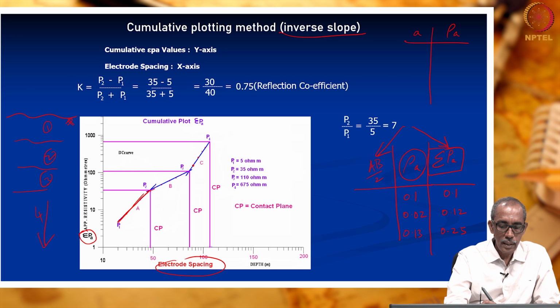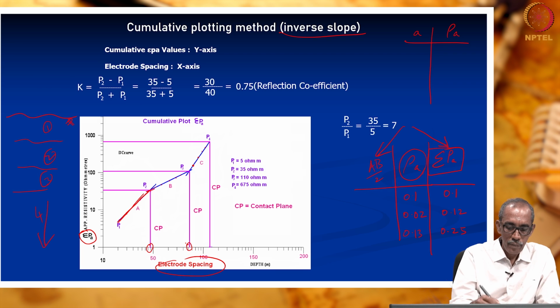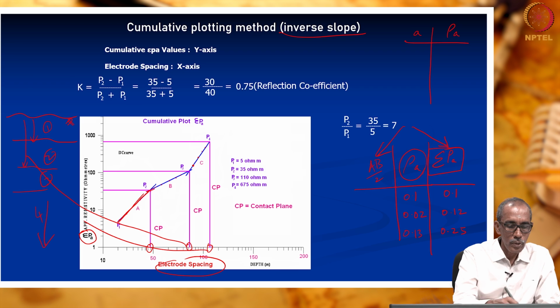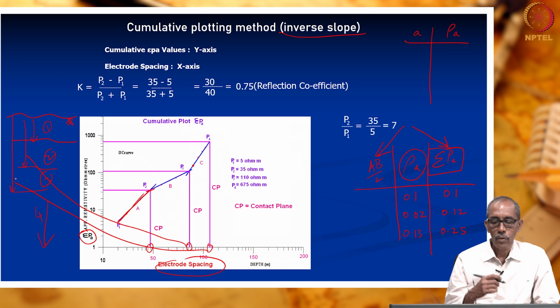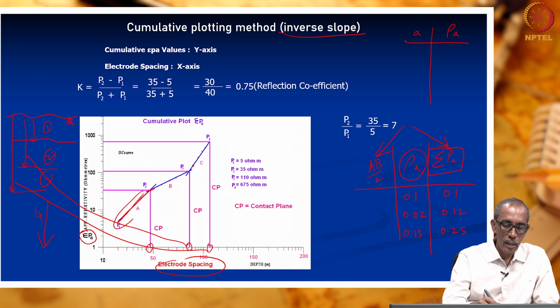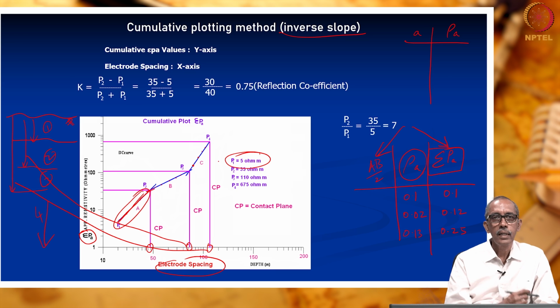So, this is the change in the break in slope. This is the thickness of the first layer. This is the depth to the first interface, and this refers to the depth to the second interface. This refers to the depth to the third interface. So, this is how we are able to determine the depth of the interfaces, and the average of all these resistivities gives us the resistivity of the first layer, second layer, third layer and so on.